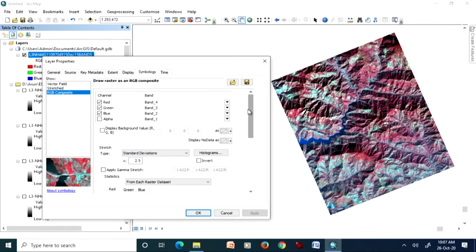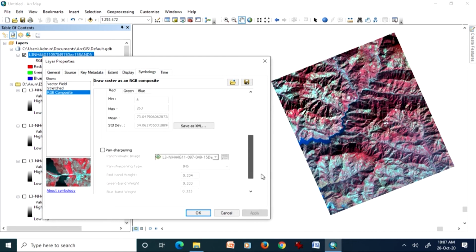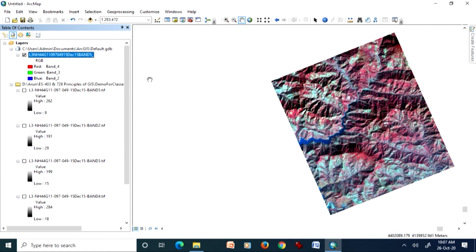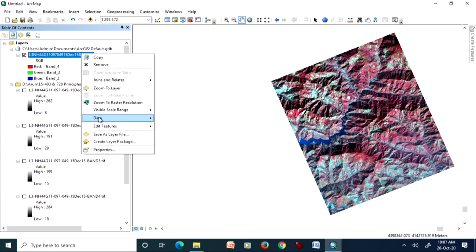Secondly, if you want to create your own false color composite, you can do it without any problem. You only keep adding these bands, using the appropriate tool. Once you are satisfied with all these enhancements, you can save that image as a separate file.